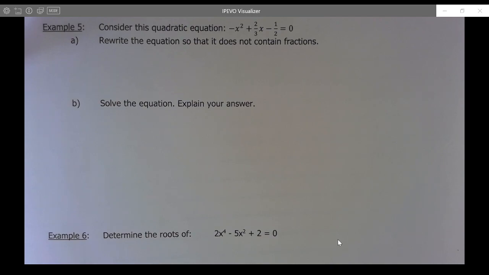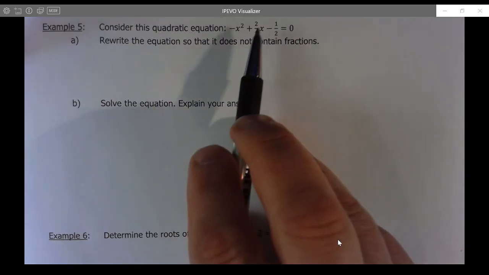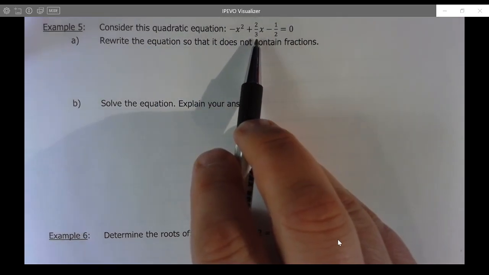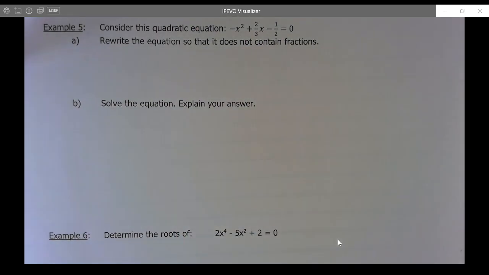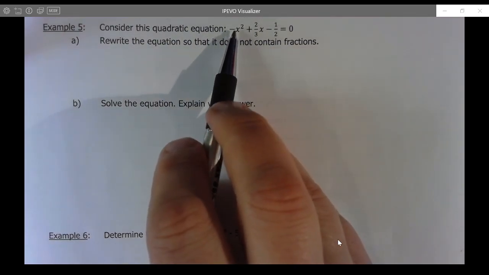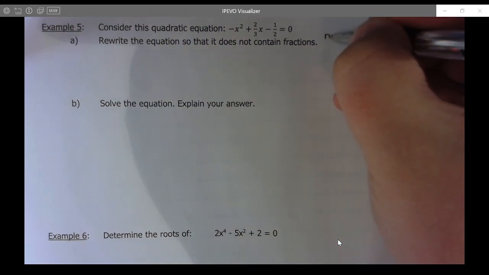Our first example on page 11, which they're calling example 5 now, this one actually does have a fraction to deal with. So rewrite the equation so it does not contain fractions. So that's my first step. So the common denominator here is actually 6. So I am going to multiply the entire equation by 6. Actually, I kind of don't want my leading coefficient to be negative. So I'm actually going to multiply